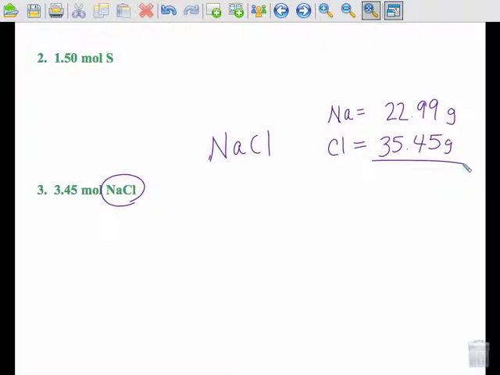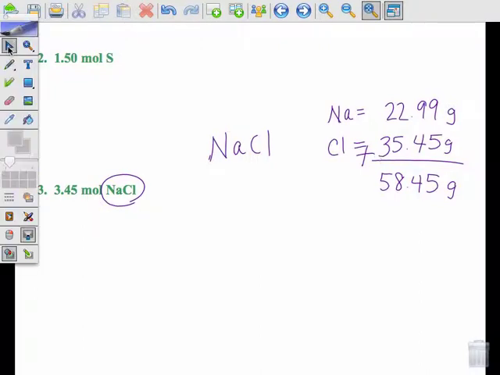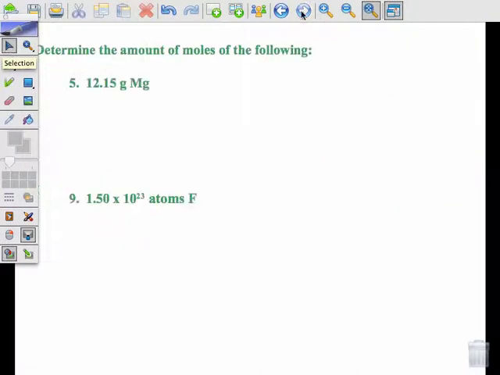And to get the total molar mass of both compounds, I'm very simply going to add them together. So we can round that number, and that number you're going to get is about 58.45. So the molar mass of NaCl, you can see here, you just add the molar masses of each component element. And that's what you're going to do for each compound. Okay, now